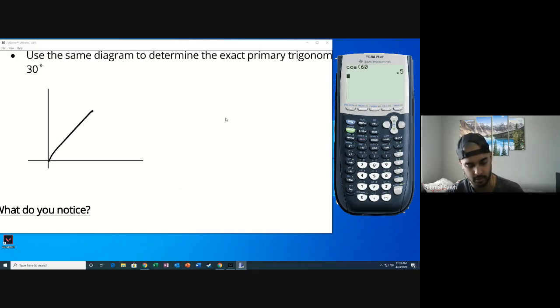And my terminal R, I'll make it a bit larger so it's easier to see. And again, we'll just use the half of the picture. We only really need to. So here's my 60 degrees in the corner like before. There's my point A up above. 2 was our hypotenuse or our terminal arm length. And 1